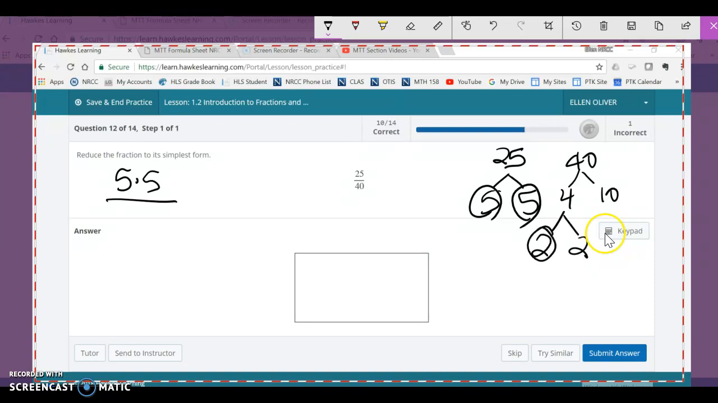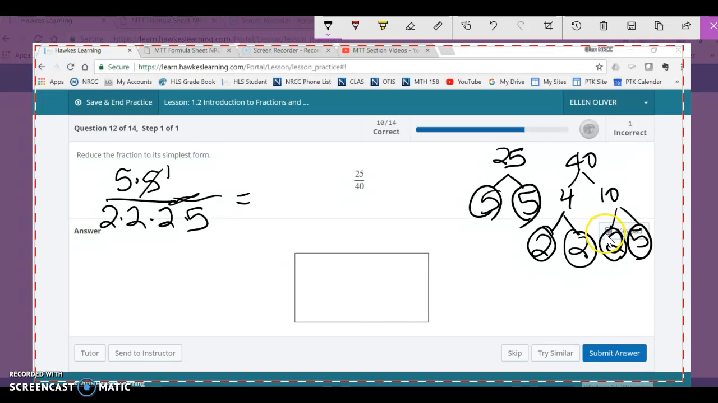4 is 2 times 2, they're both prime. 10 is 2 times 5, they're both prime. So 40 is 3 2s and a 5. Now, what can I cancel? Well, one pair of 5s. So 5 goes into 5 once, 5 goes into 5 once, and there's nothing else I can cancel. All I have on the top is